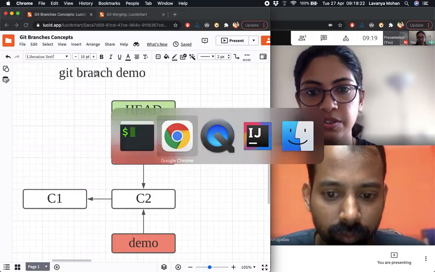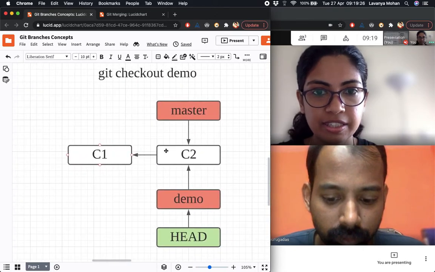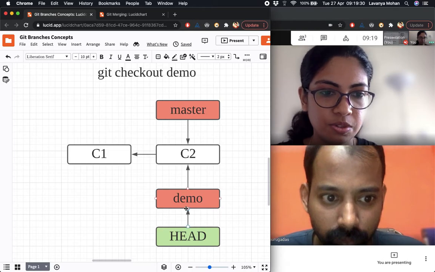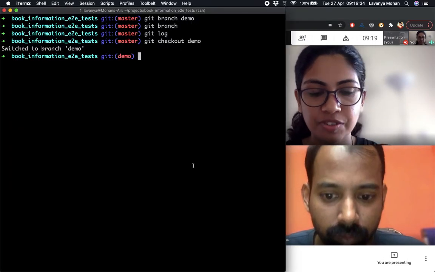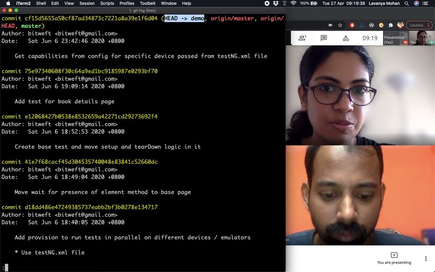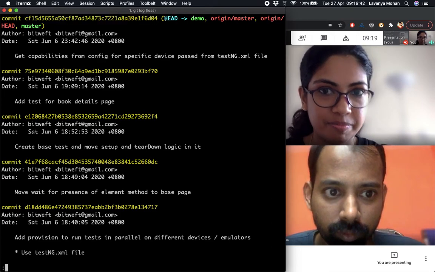So what happened when we did checkout is that the head pointer just moved from master to demo. There's no other change. If we now look at git log, we can see that head is now pointing to demo. Master is still pointing to the same commit, but head is now here.